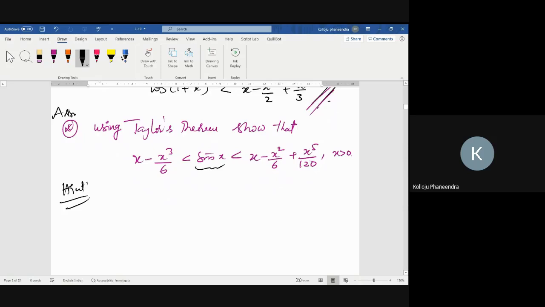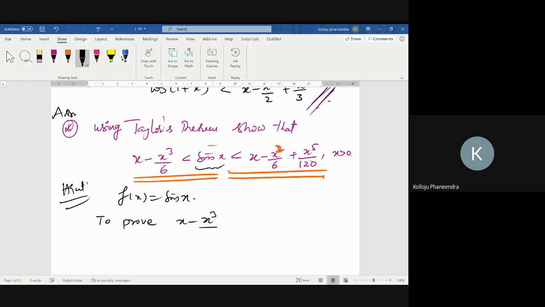Now, first, what is the function? f of x equal to sine x. Here we have to prove how many inequalities? Two inequalities. One is x minus x cube by 6 less than sine x. Another one is sine x less than x minus x cube by 6 plus x power 5 by 120. So first, to prove this inequality,